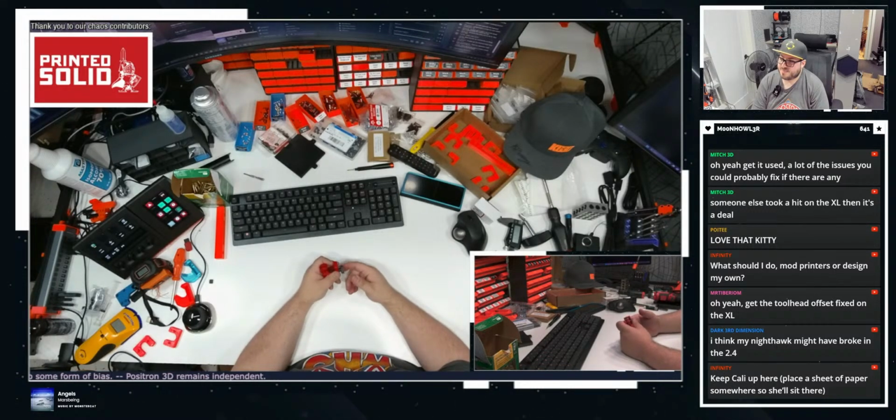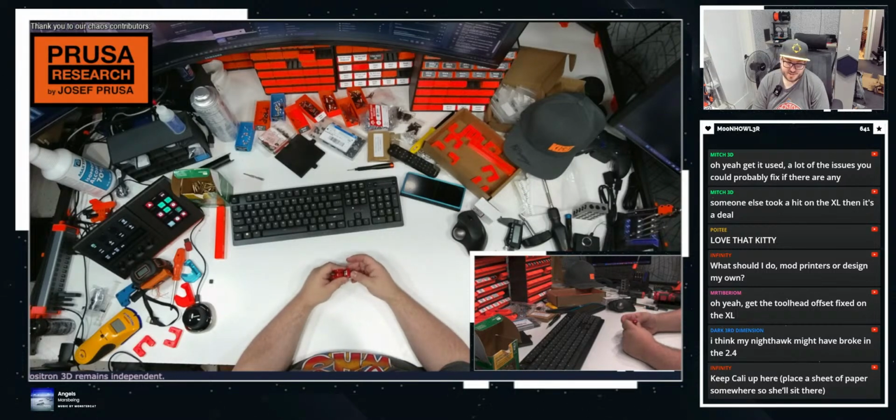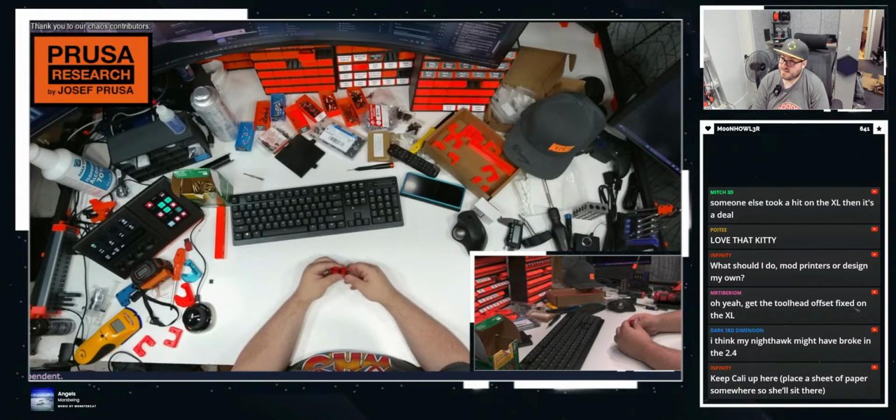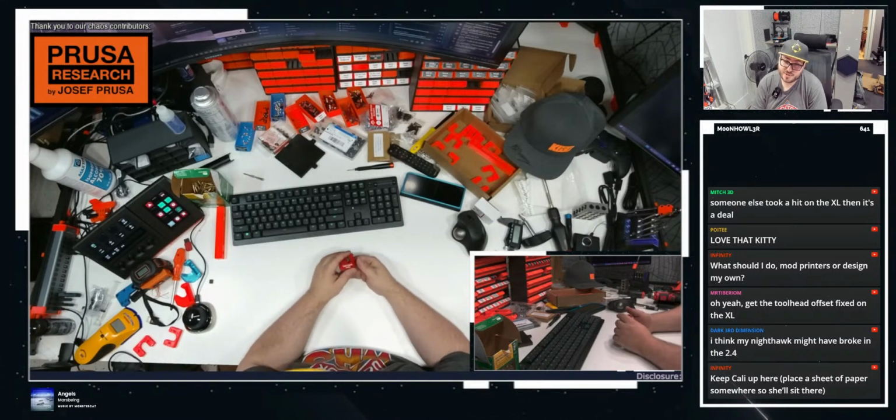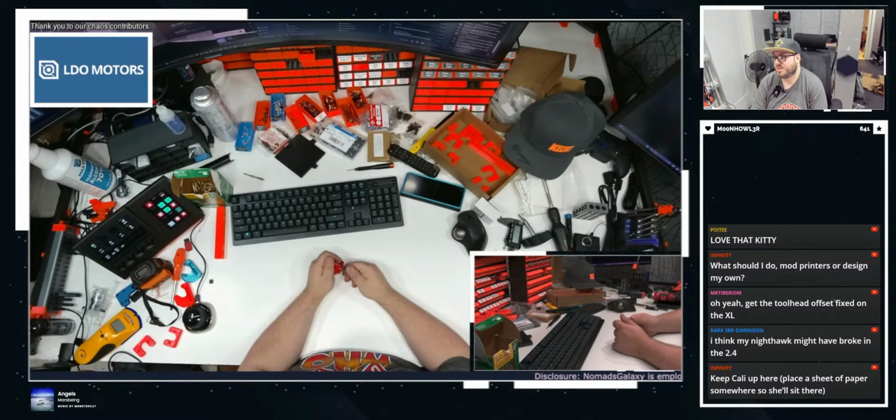Keep Callie up there, place a sheet of paper somewhere so she'll sit there. I have plenty of places where she could sit. I don't really want her to. Again, she sheds a lot, and I'm trying to keep this space a bit clean. I love her to death, and I want her to come up here, but again, I need to train her on when is an appropriate time to hop up here and when is not an appropriate time. So I have to figure that out.